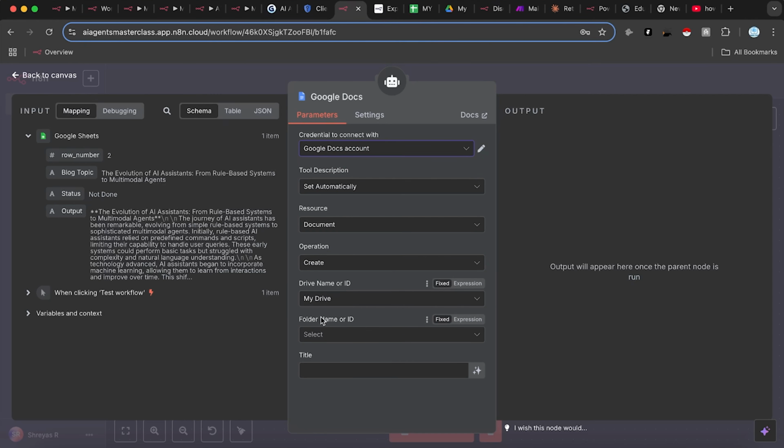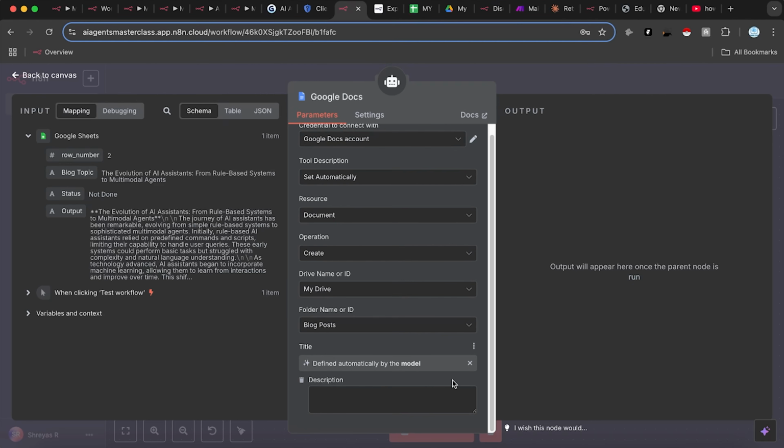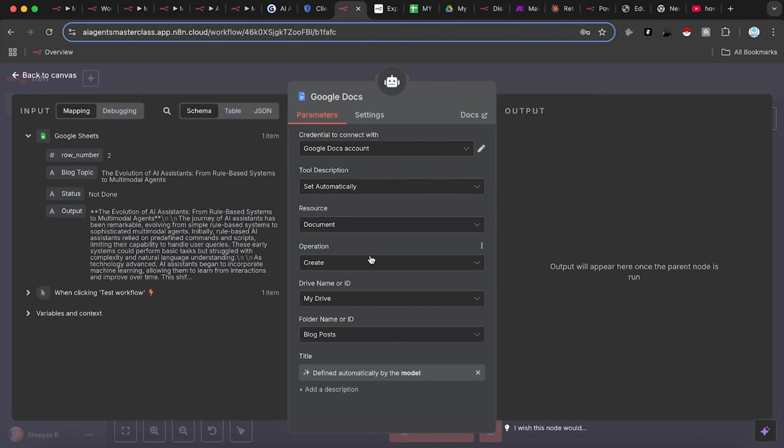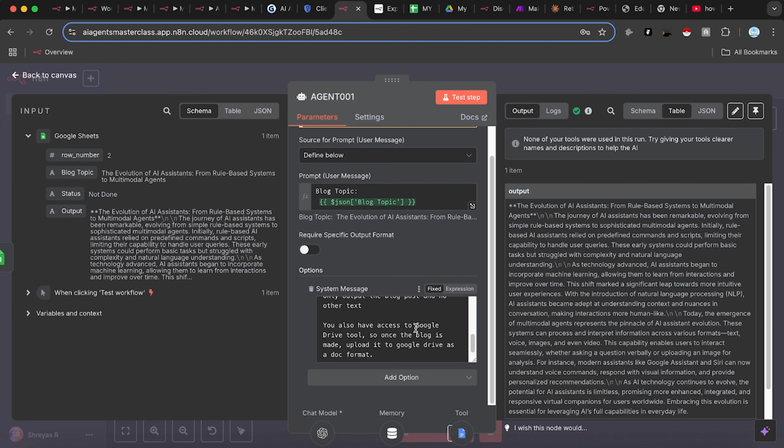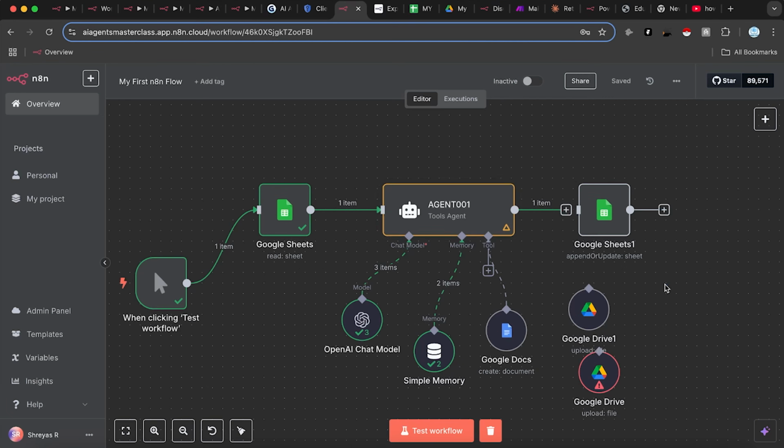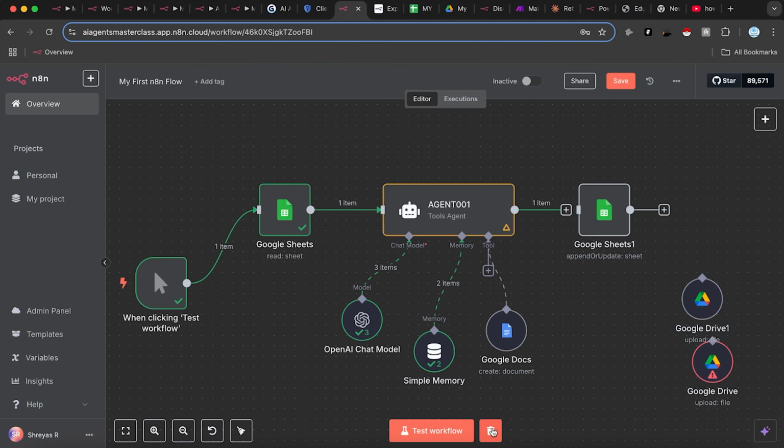So where will we save it? It's my drive, click on blog post, title would be, well, the AI should decide the title, of course. Add description. I don't actually need to add a description, being honest. So yeah, I click create a document, and just save it. And I'll change the name. So instead of Google Docs, I'll name it you have access to Google Docs tool. Click on save. Now I'll remove these two. I'll put it to the side, and if I test the workflow,